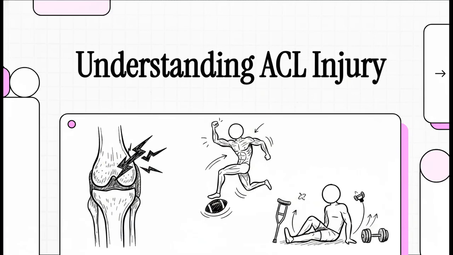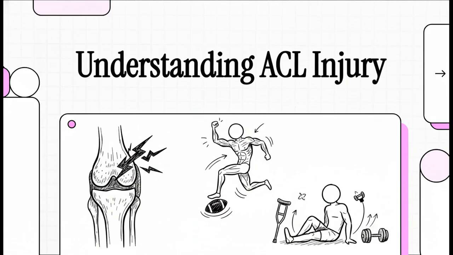Welcome to this explainer. If you follow sports at all, there are three specific letters that can instantly silence an entire roaring stadium. ACL. It's wild to think about, really. It's just a tiny ligament, completely hidden away inside your leg. Yet, when it tears, it drastically halts an athlete's mobility, and it can alter their career and everyday quality of